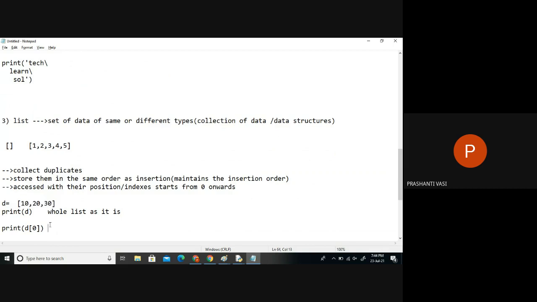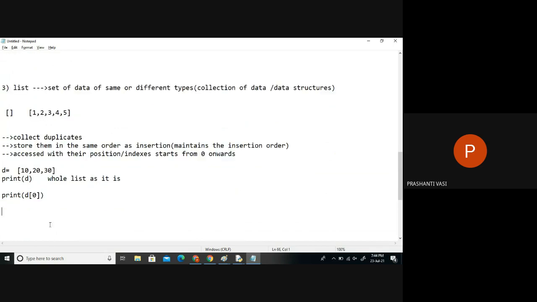And similarly, there's one more symbol here, the slice operator. As of now, we just checked the individual data. Individual data can be used with index notation inside the square brackets with the reference variable.